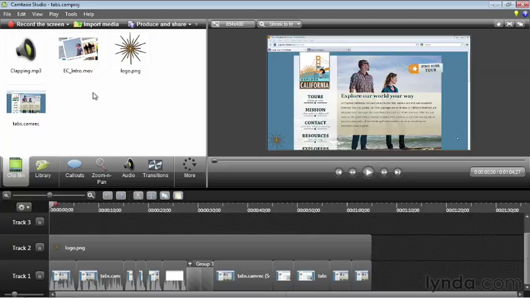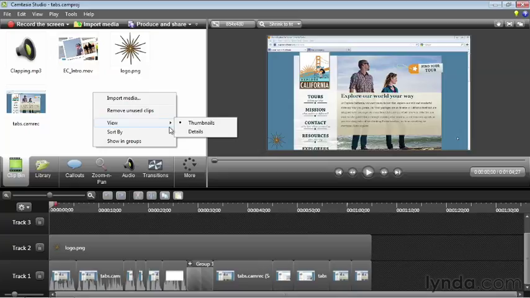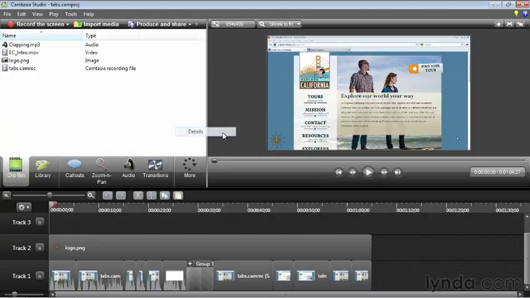Next, we can look at how to change the view of our clip bin. We can do that by once again right-clicking inside of our clip bin, and this time we'll go down to the View menu. The default is generally set to thumbnails, which is what we're seeing right now. But if we select the other option, Details, the preview icons for our clips disappear, and now we have a little bit more information about each of the different files. We can see the difference between movie files, audio files, and image files, and we have all of those types set out over here on the right.